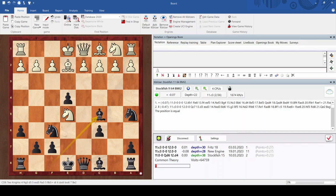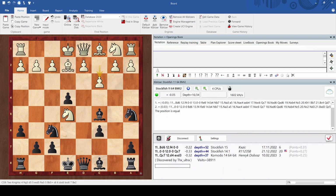White's knight looks a bit precarious, doesn't it, on e5? I know it's not Black's move, but Queen d4 on the next move would be terminal for White, so White needs to do something about it. So White plays c3. It's interesting. Come on, let's look at a few more lines. Well, castle, castle, queen c7,